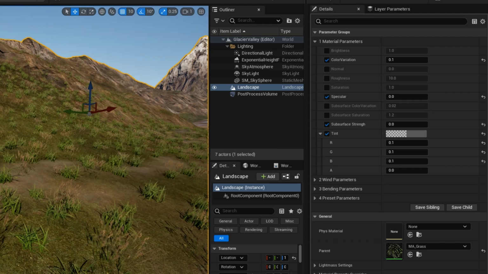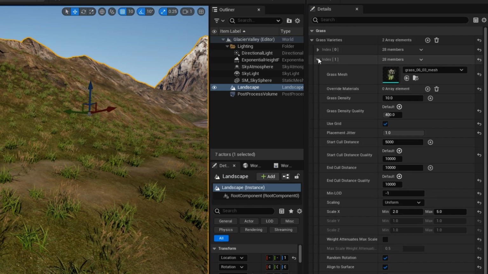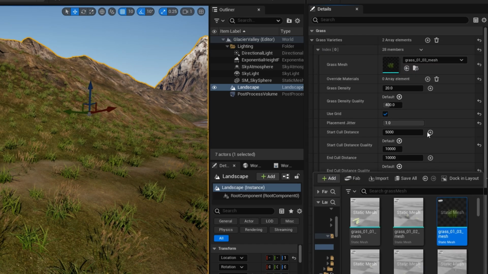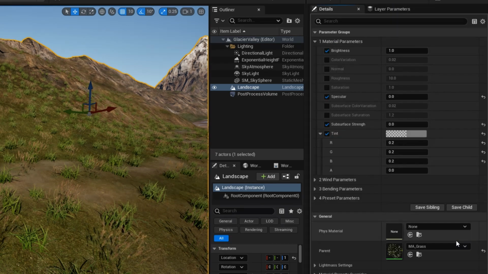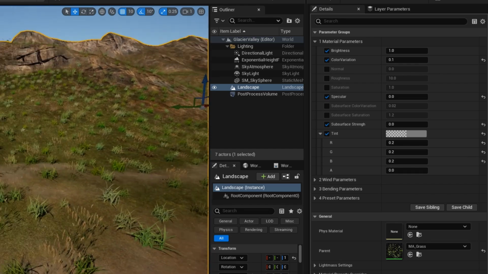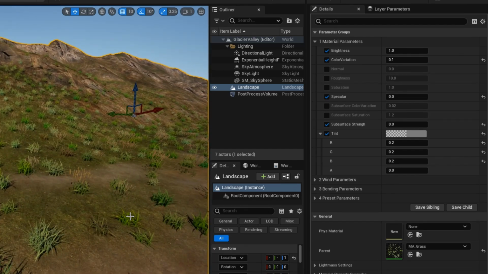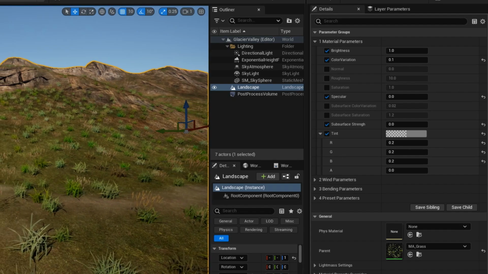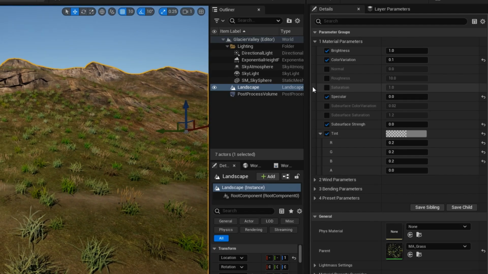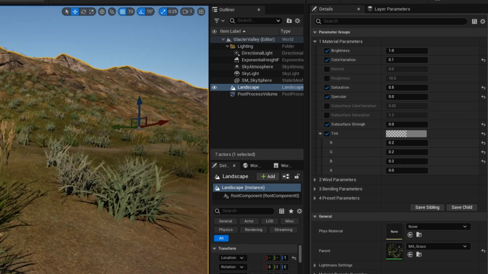So let's close that down, go back to our main grass, open it up, open up the material, and here's the color variation for that. So if we do something like 0.1, you can see that now those grasses go between sort of a lighter green and a darker green, and they're still a little bit too luminous for my liking. So again, you can do things like saturation. Let's maybe make the saturation half, and that's made them so they're less vivid color.